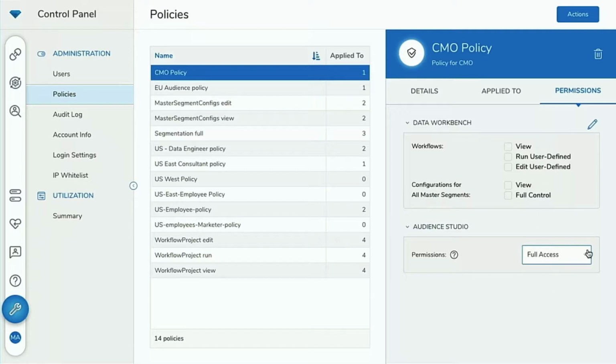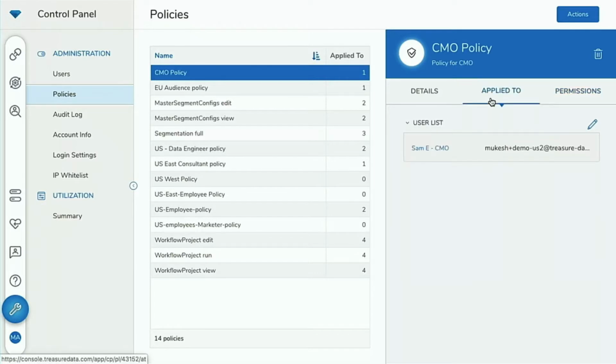Once you've clicked this, it is now autosave, so you don't have to worry about anything else. Next up, we need to apply this to individual users. For that, we'll go to the Applied To tab. Under the Applied To tab, we're going to click on this Edit button, and this will allow us to add